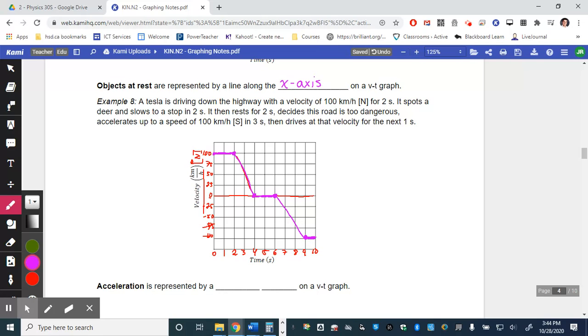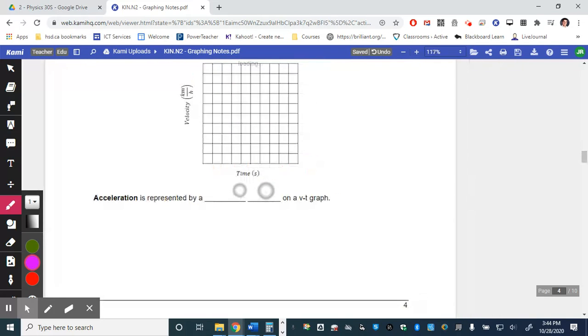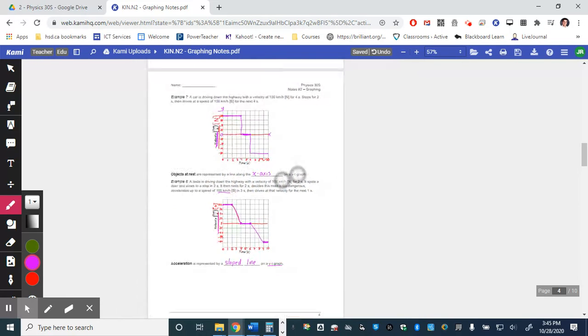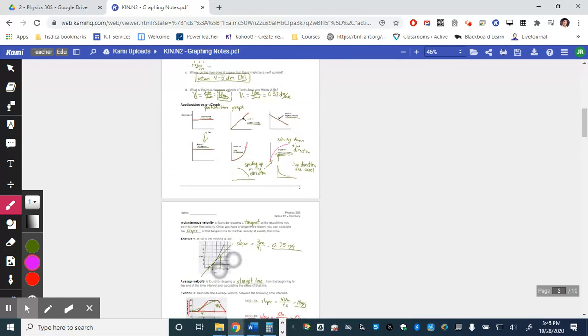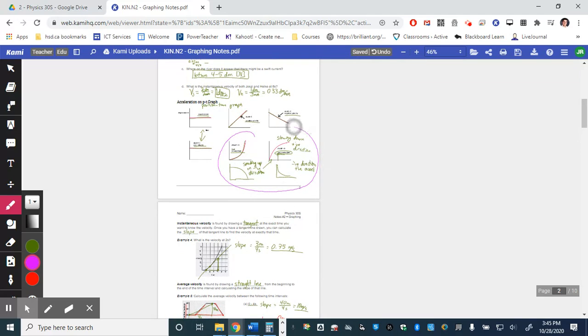Okay, so we're just plotting speeds here. We're not plotting distances because this is a velocity time graph. And this is south because it's opposite of north. And so I want to highlight here, acceleration is represented by not a horizontal line, but a sloped line on a VT graph. We're used to acceleration being a curved line, and that is up here. Remember here we saw a curved line. We just wrote acceleration is a curved line, but this curved line is just for position time